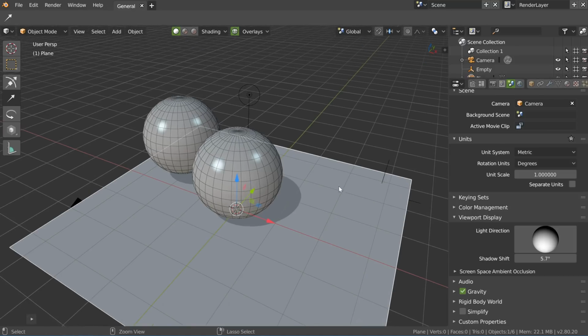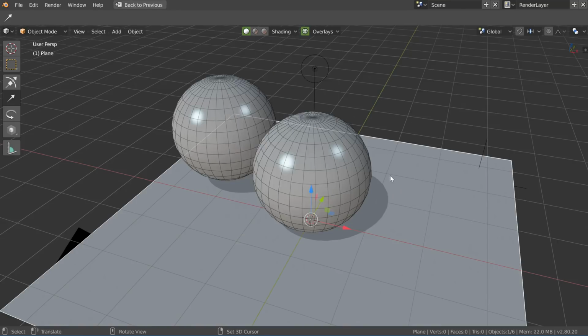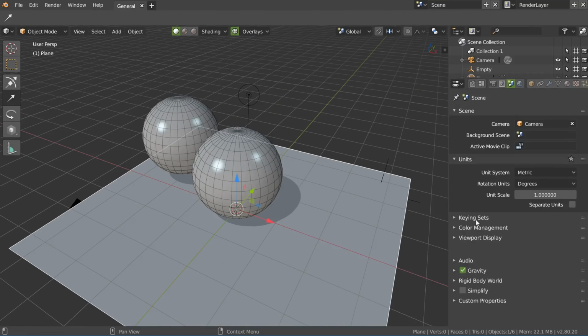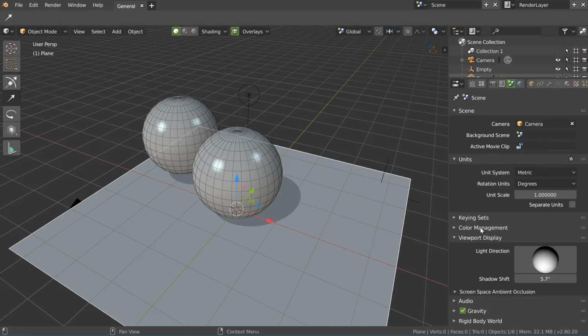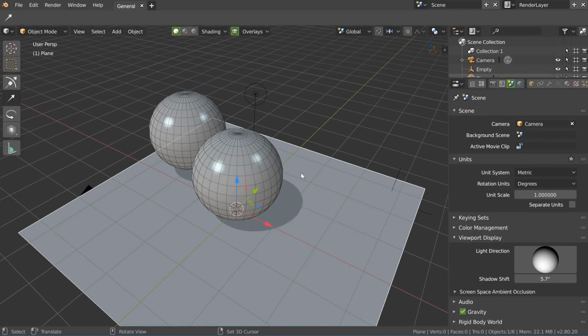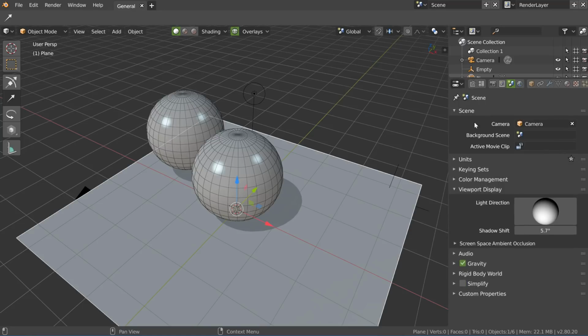Imagine you are in full screen. You want to edit your shadows. You cannot. You have to go like this, to go here. Imagine you are here, to go here, to search. Where is it? It's here. Too many options, too many actions. This is not the best for me. This is really bad, and it's my opinion.